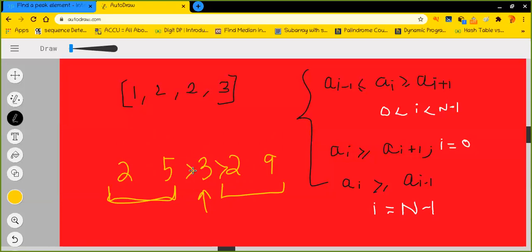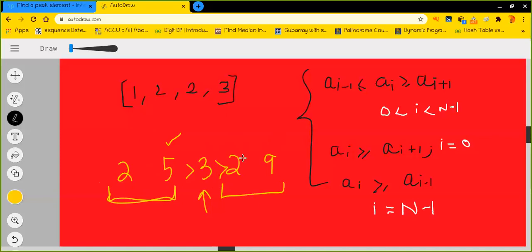Because this is bigger than its right neighbor and also its left neighbor. So this particular segment is guaranteed to have a peak element. Whatever my current value is, if I am smaller than one of the neighbors, then let's go to that particular side, because this side looks more promising to me.